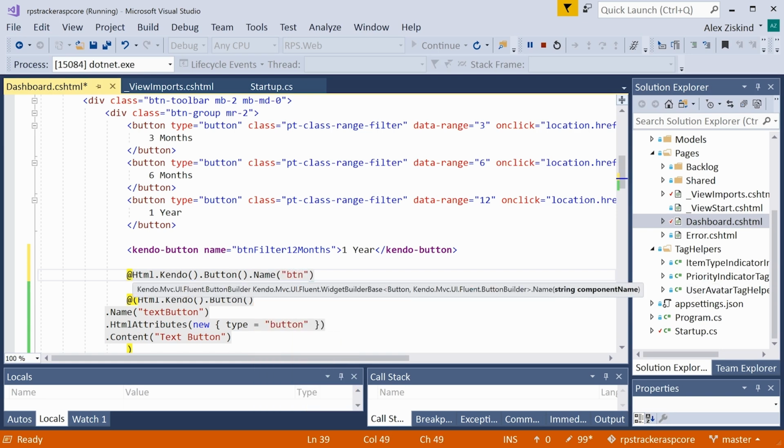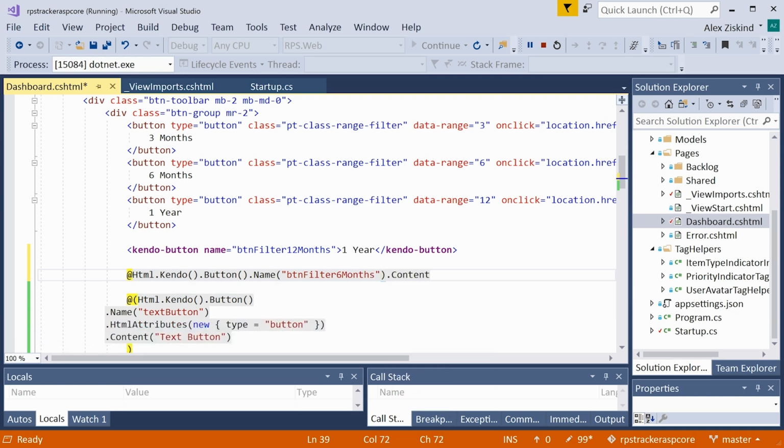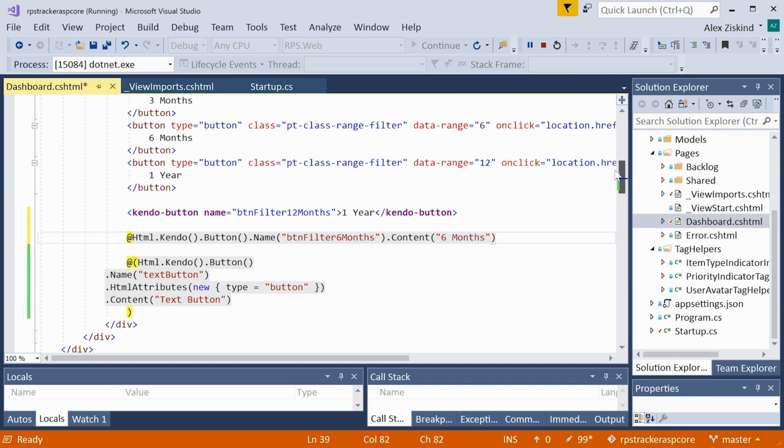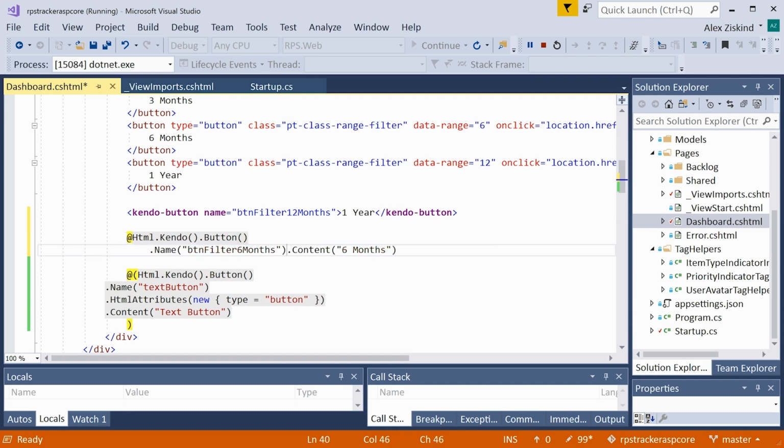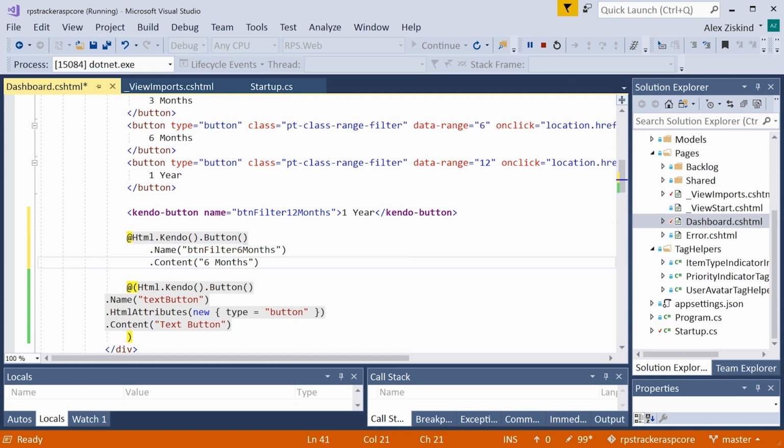So button filter, let's go for 6 months this time. And then in order to give it the text, I provide the content property. This could be either HTML or we can just give it text. So if it's a short line, I can just use it like this. But if I want to have this on multiple lines, if it's a very long statement, then I need to